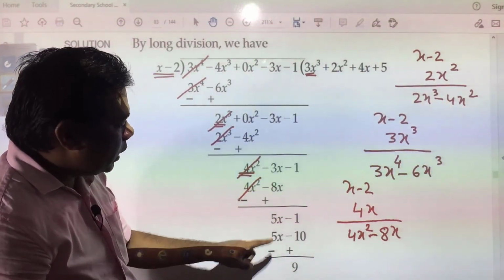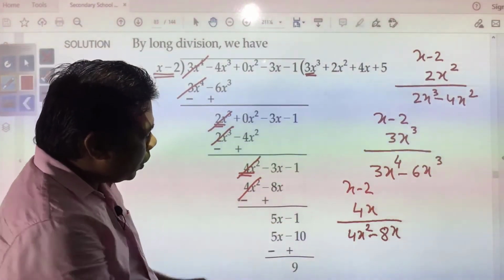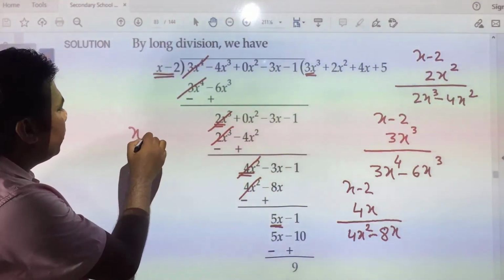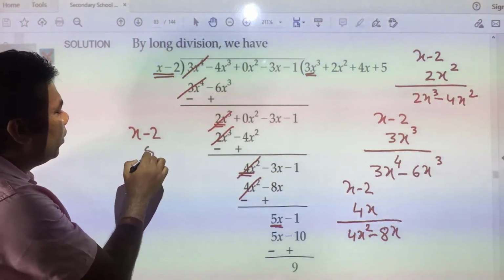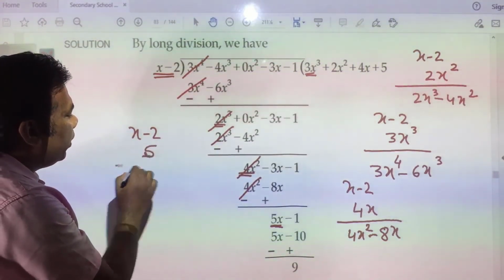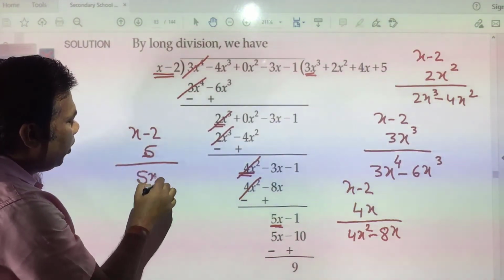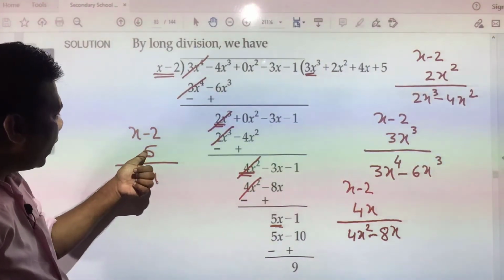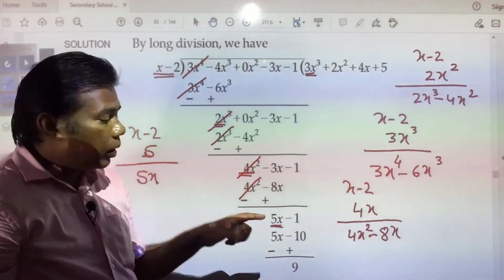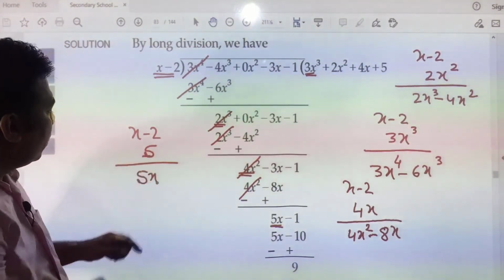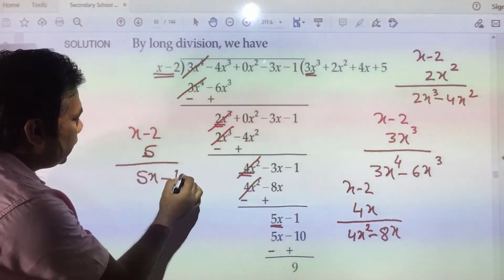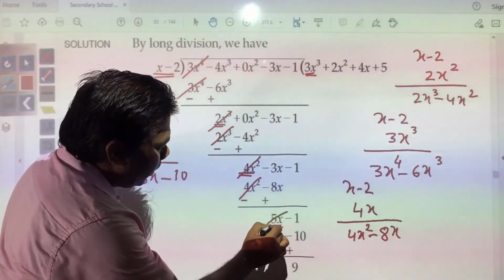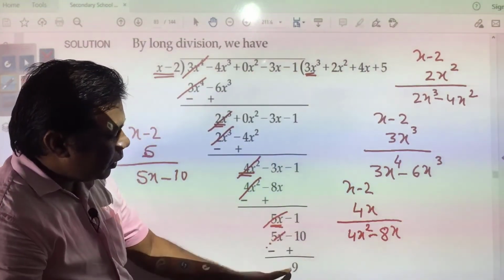Now at last you see you are left with 5x minus 1. So we need to get 5x now. Again we will think by which number it should be multiplied so that we will get 5x. So you multiply by 5, 5 into x, 5x you have got. If here you had minus, then we would multiply by minus 5, but you have plus, that is why plus 5. 5 into x is 5x, and 5 into minus 2 is minus 10. This has been written. Again the sign has been changed, this 5x got eliminated and you are left with 9.